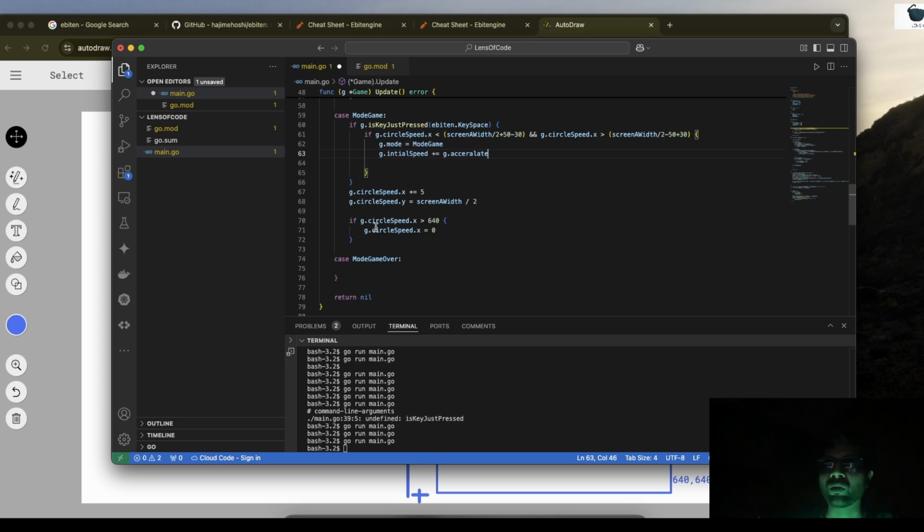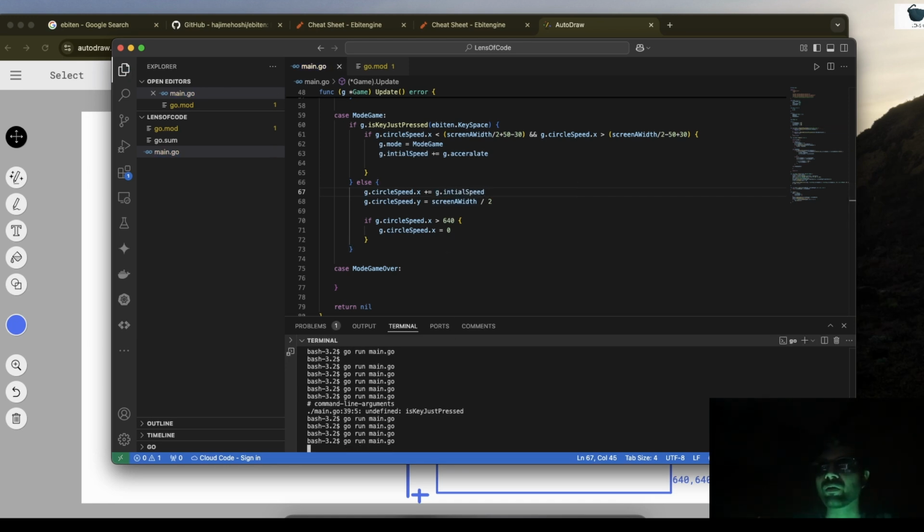Now else, if it is not the case, we need to write the block that we are mentioning here. Else we need to add this. So this 5 we will remove and make it g.initial speed and screen width divided by 2. Okay, that's it. Now if we run these things,